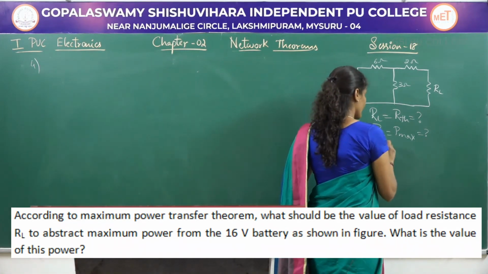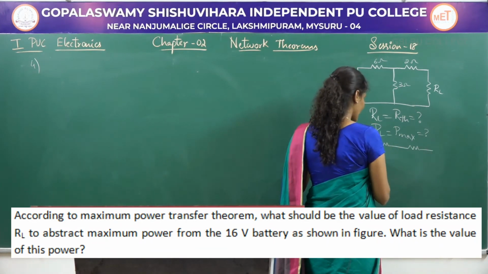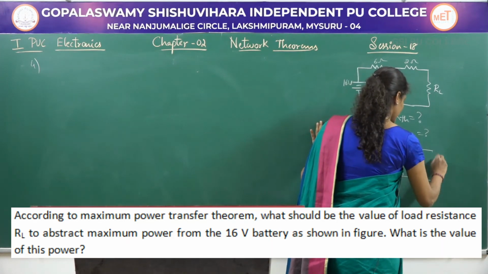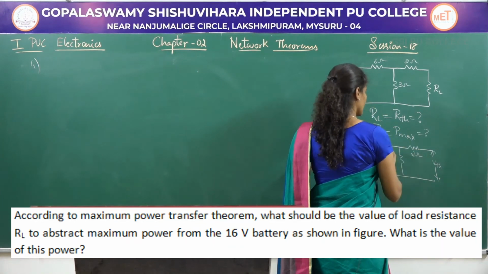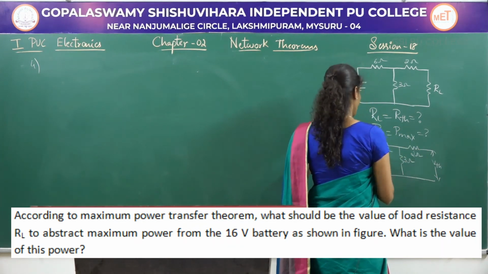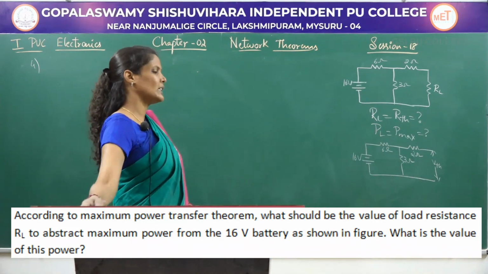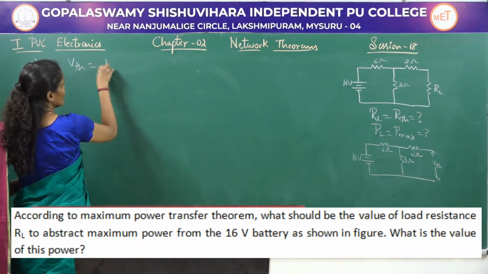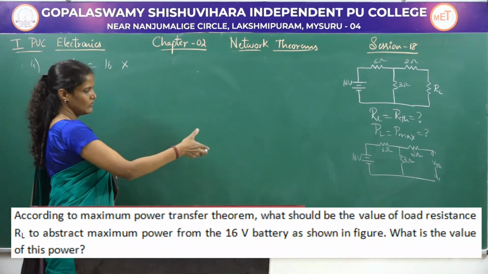So to find V Thevenin, we have to remove this load resistor, and the voltage across these two ends is named as V Thevenin. This is equal to 2 ohms, 6 ohms, 3 ohms, and this is equal to 16 volts. So you have to apply a voltage divider rule. So according to that, V Thevenin is equal to the voltage source whose value is equal to 16 into the